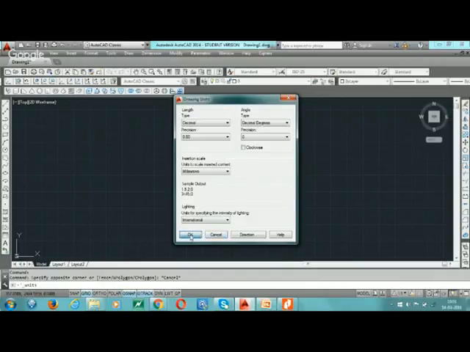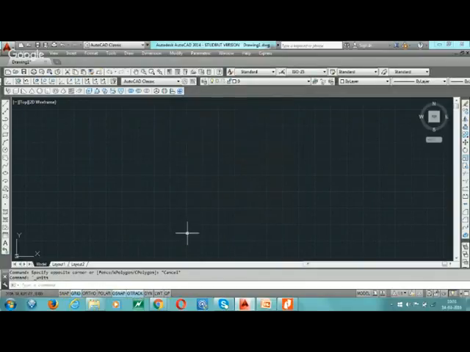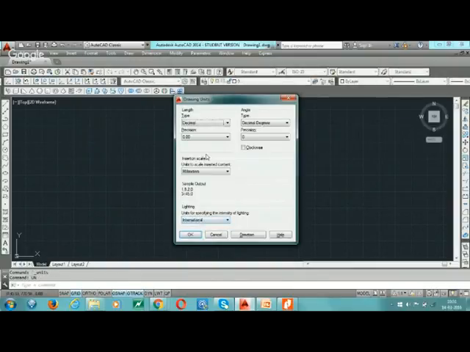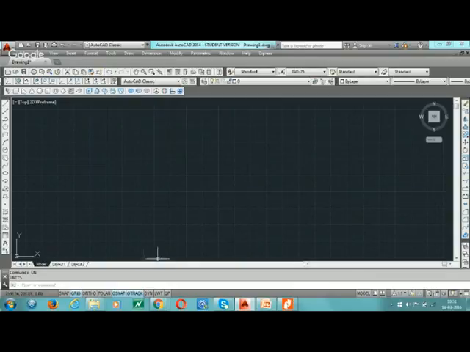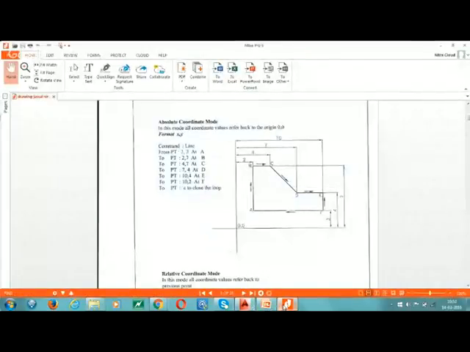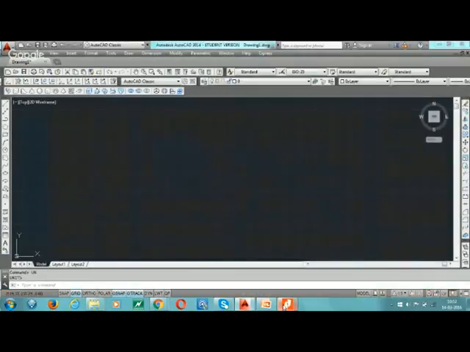And another method, we can write UN, enter, the same units, and the drawing units box can be opened. We will talk about limits after we do this exercise first. After that we talk about limits.